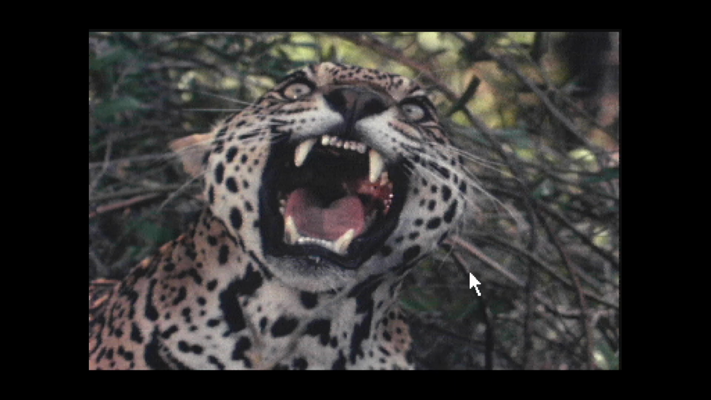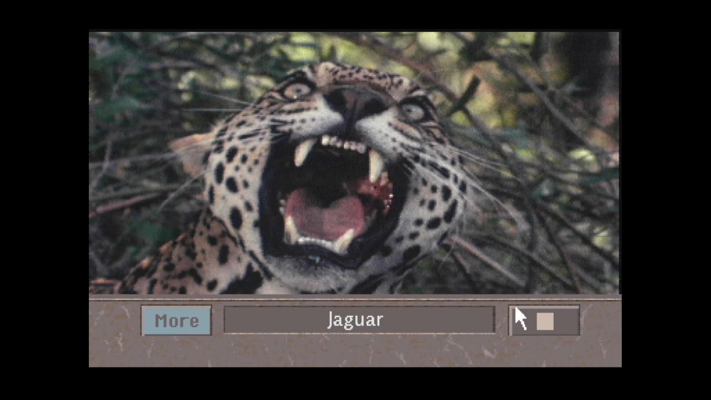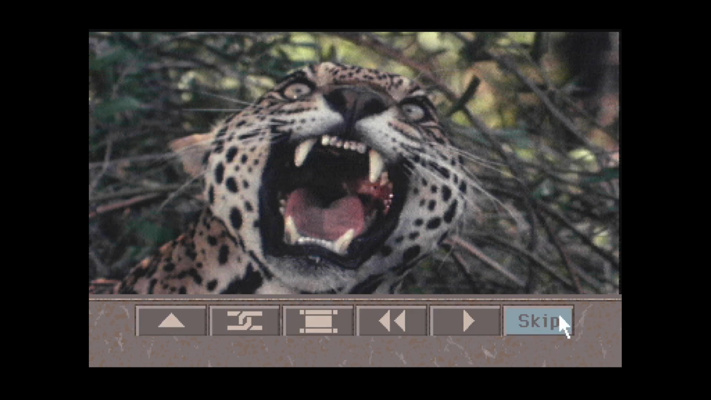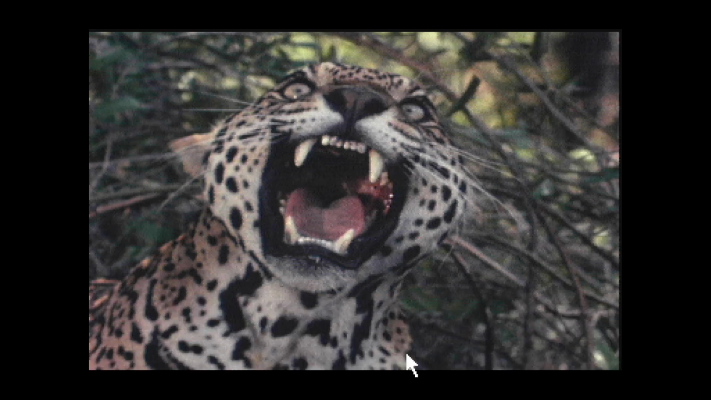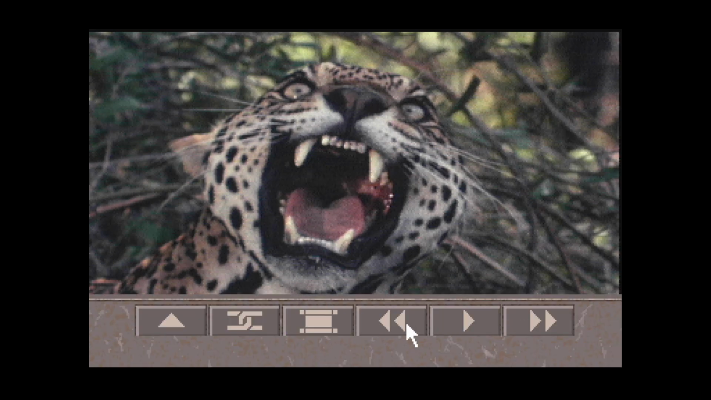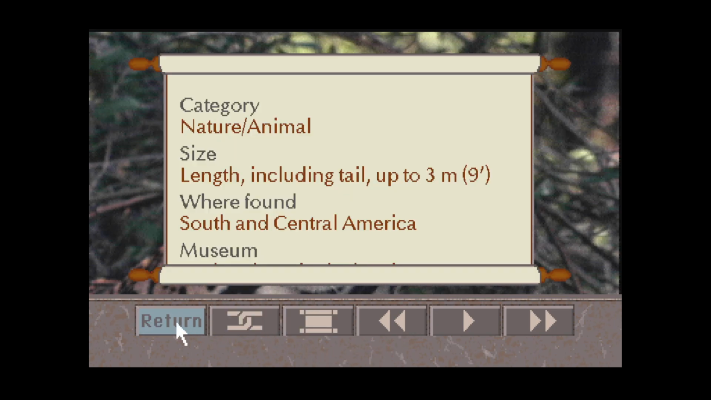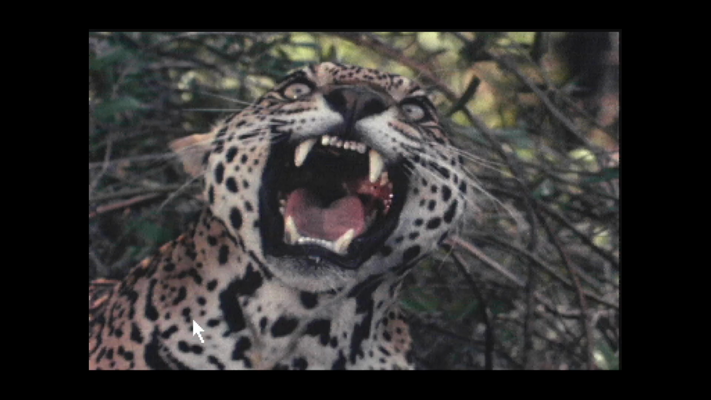Try it now. The button on the left of the treasure title is More. Pause brings up a whole. If you select Skip, if you select Notes, if you select Return,